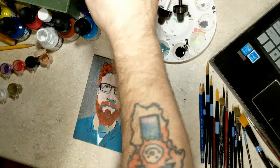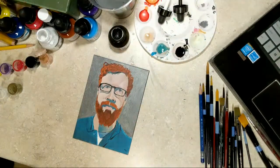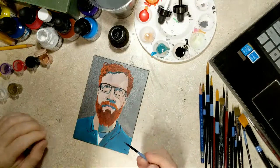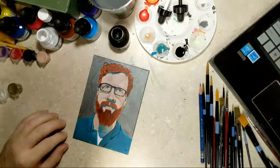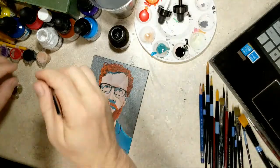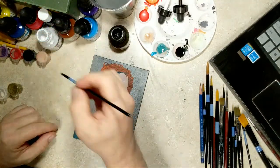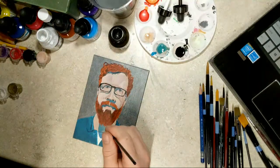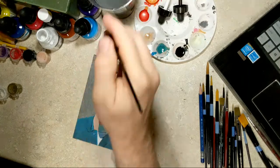I don't really feel like I want to spend a whole lot more time on this picture. It's not finished, but it looks good for me for now. I am going to do a little bit more here. He's got some white streaks in his beard. He's got some white hairs. Let's add a few of those. You know what? We probably do it with